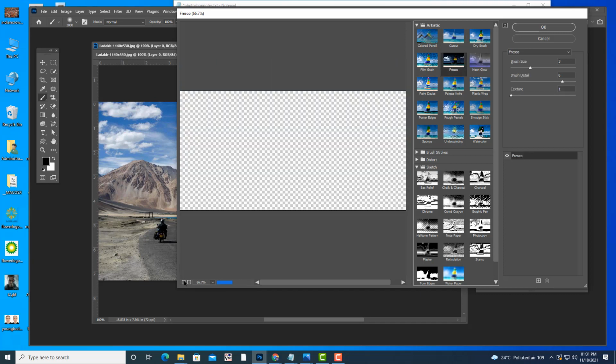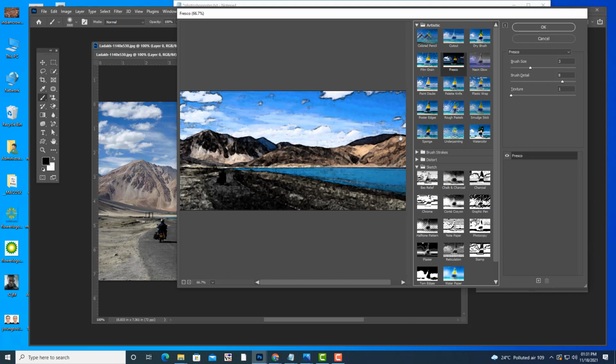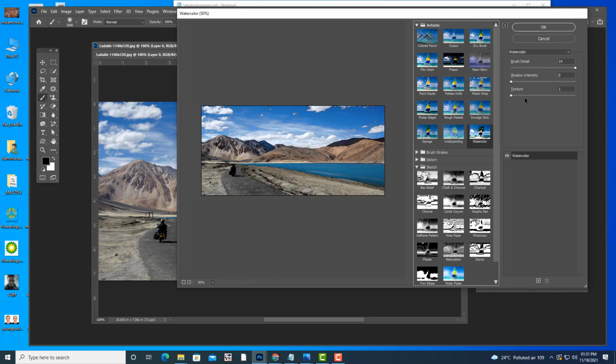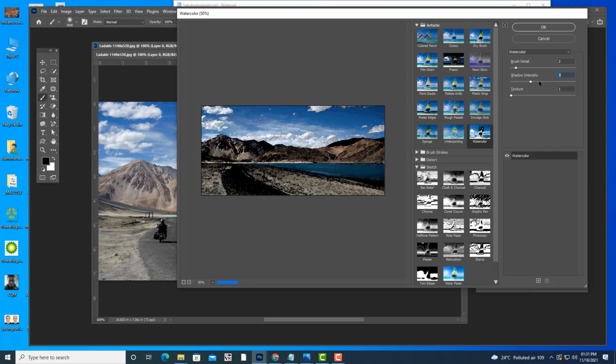We are now converting a photo into a watercolor, or you can say crayons. In your childhood you used watercolors, right? Like this, the landscape we have converted into a watercolor painting. You can use fresco, or watercolor also, but for this we have to change some of these values here. See, it's looking like some painting.